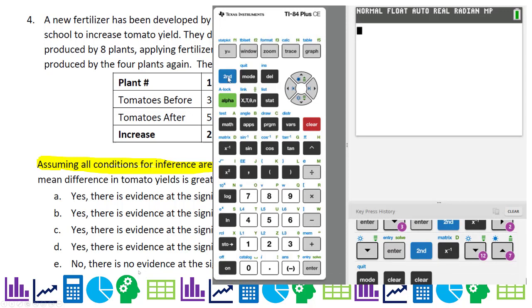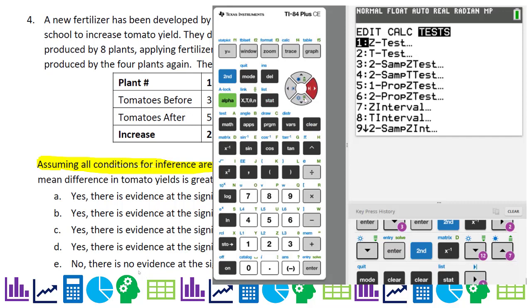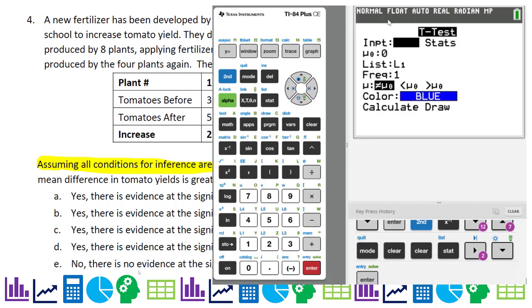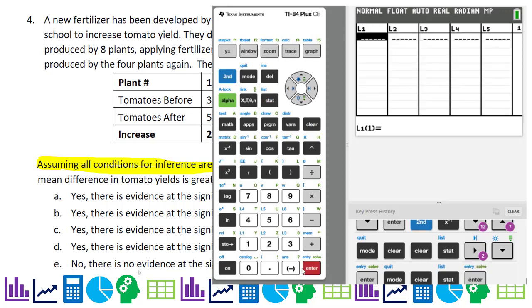So we're going to go ahead, and again, I'm not running all conditions for this where it says assume conditions are met. So I want to do a paired t-test, and you're going, wow, where's the paired t-test? Well, technically it's just a t-test right here. So let's go ahead and look. So what I need to do is input either data or stats, and I can put that in list 1. So I'm going to go back and put my data in, and so I'll hit stat edit, and we'll just